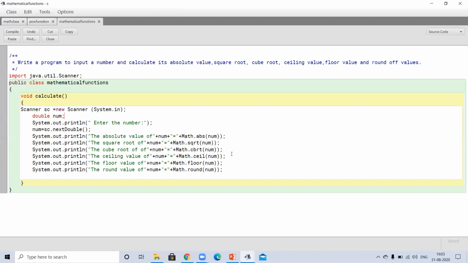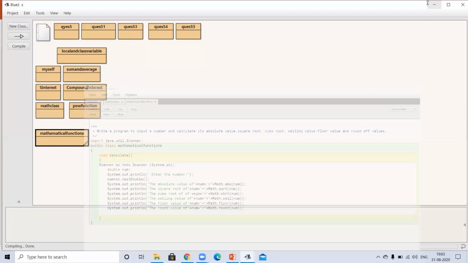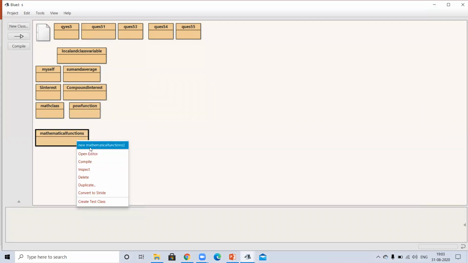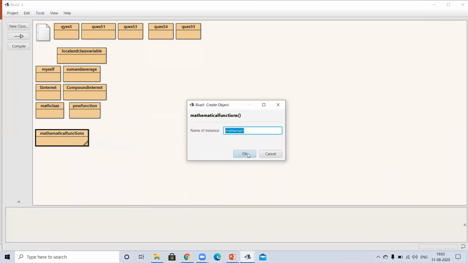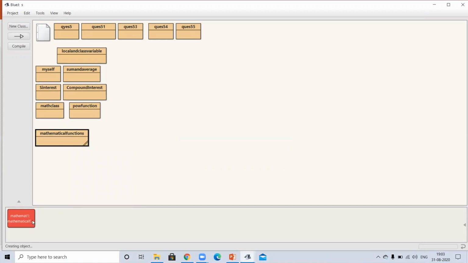So now I will run this. First of all, compile, no syntax error. So I will now run this program. This is my function object. Right click. This is my function calculate.